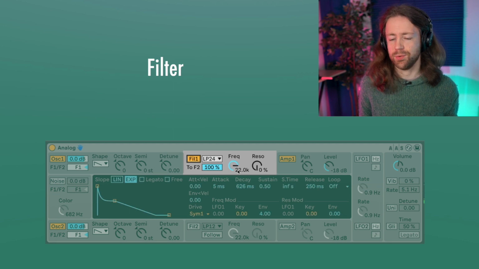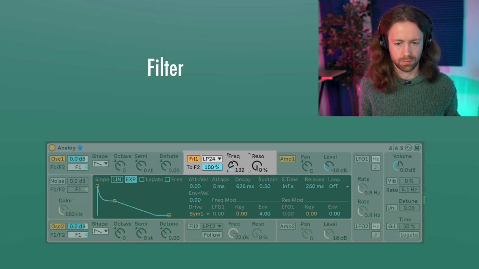But we will as soon as we decrease the value for the frequency, because if it's all the way to the right, it means the filter is fully open, so it doesn't cut off any frequencies. But if we bring it down, let's say to 100 something, all of a sudden the sound becomes a bit duller, because we took away some frequencies, and that's the basic principle of subtractive synthesis, which means you take a filter to take away frequencies, and this way you shape the